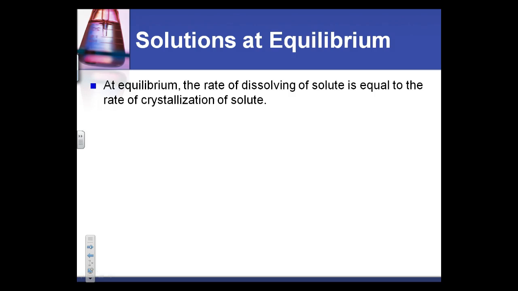Solutions at equilibrium. So at equilibrium, we're going to talk about this again, building up to our equilibrium chapter. What's equal about equilibrium is equal rates. This would come into play, and you probably had this experience if your mom let you make Kool-Aid as a kid. The package says half a cup of sugar, but you like things sweet,